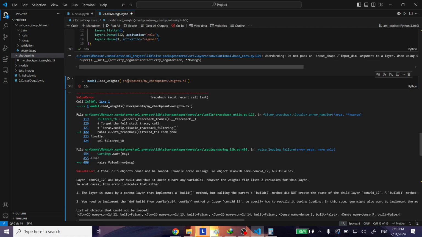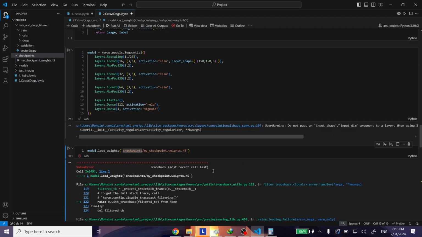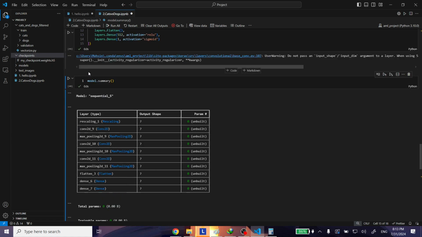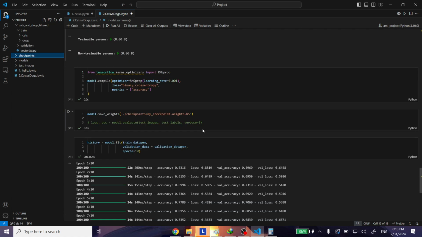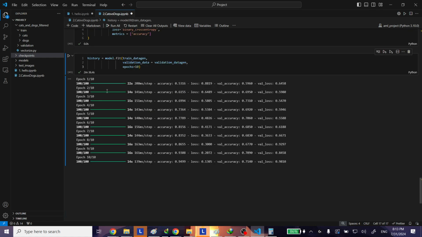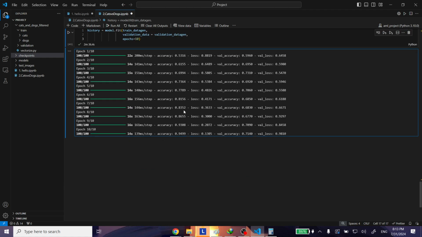Okay, so there's some error. Anyways, I will make another video on how to save your checkpoints and all of these models in the next video. I've forgotten the syntax right now, so I won't be going into that. Anyways, so our model has been trained, and the next thing that we are going to do is we are now going to